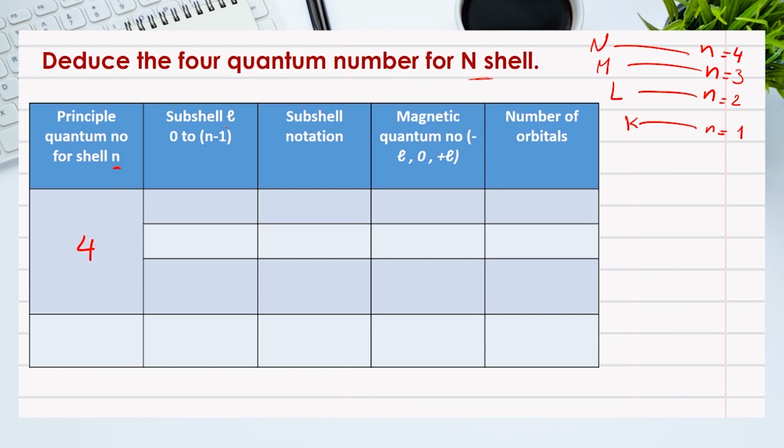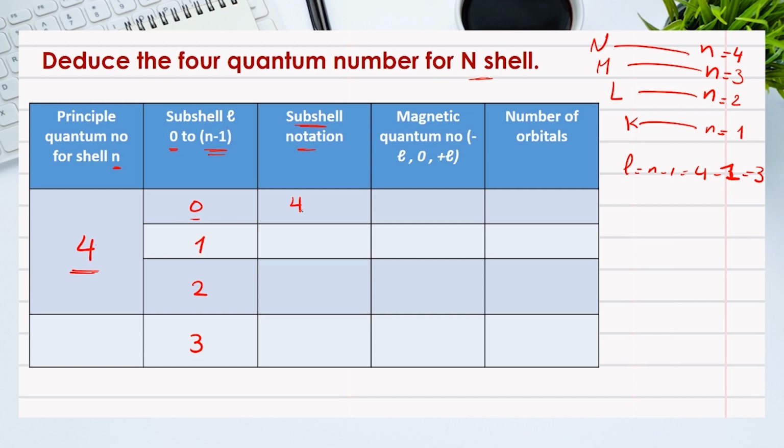Now the subshell quantum number l takes values from 0 to n minus 1. This means I have l equal to n minus 1, which is 4 minus 1 equal to 3. This means I have the values 0, 1, 2, and 3. So if I write down the subshell notation, we write the principal quantum number first,